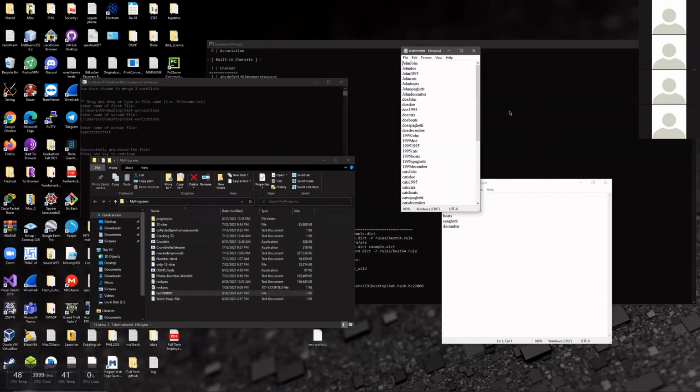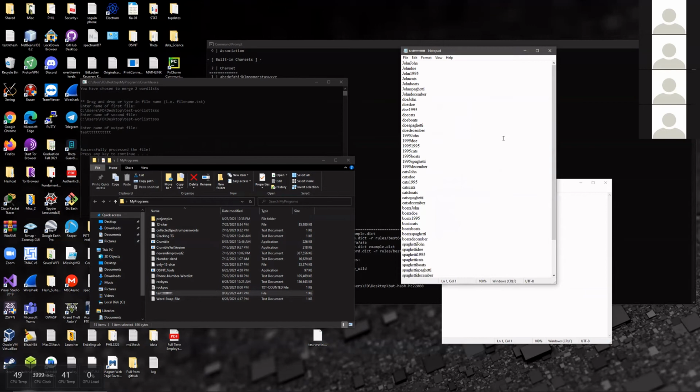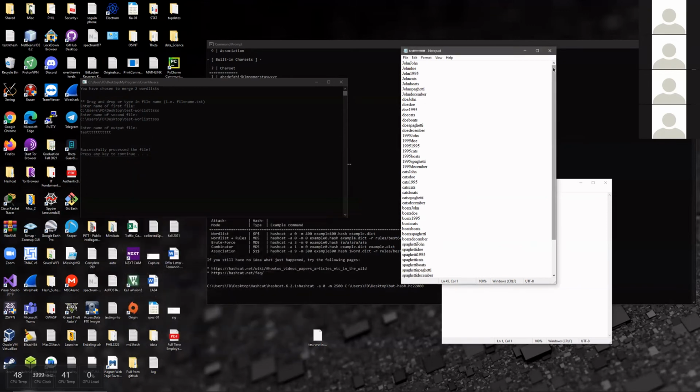So what it did is it created a word list by merging two word lists together. And I don't know about you guys, but this right here seems like it might be a password to me. Or maybe December, there you go, another password right there. These are very common for people to be using easy passwords because they don't worry about their password security. Well, anyway,